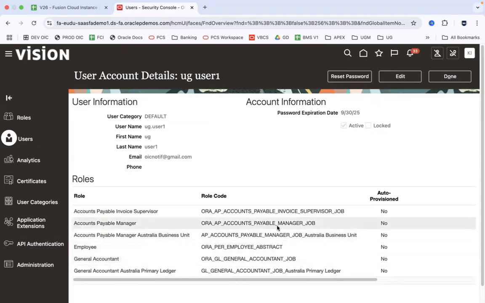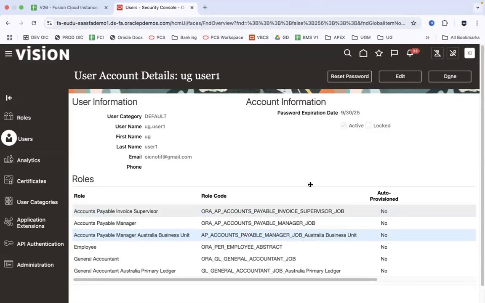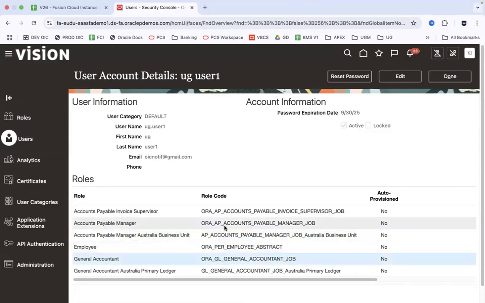So assigning a job role gives access of the screens to the users, whereas to grant data access, I showed you two options. One option is you can grant data access to the user by going into the manage data access for user screen, or you can assign data roles like this. But the question is, when we assign these job roles, like a GL role or AP role, to the user,